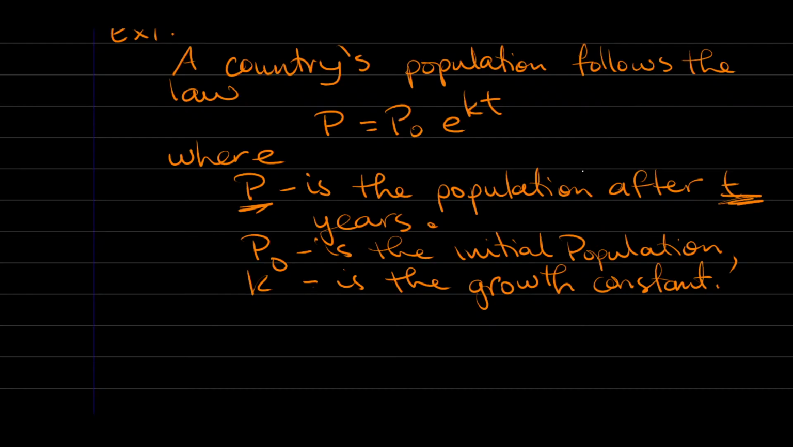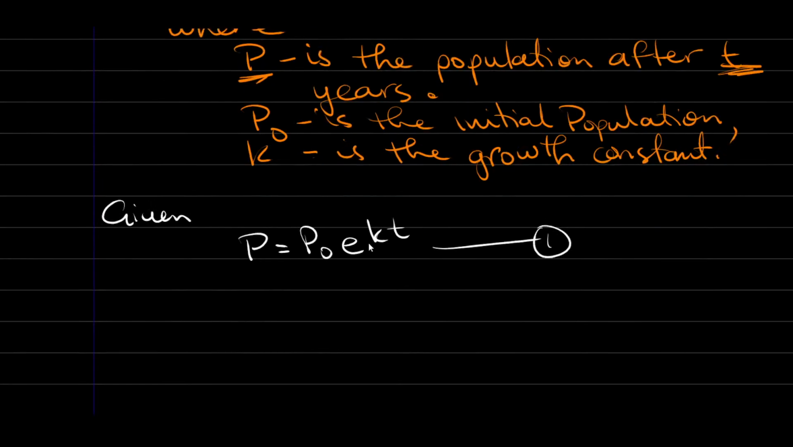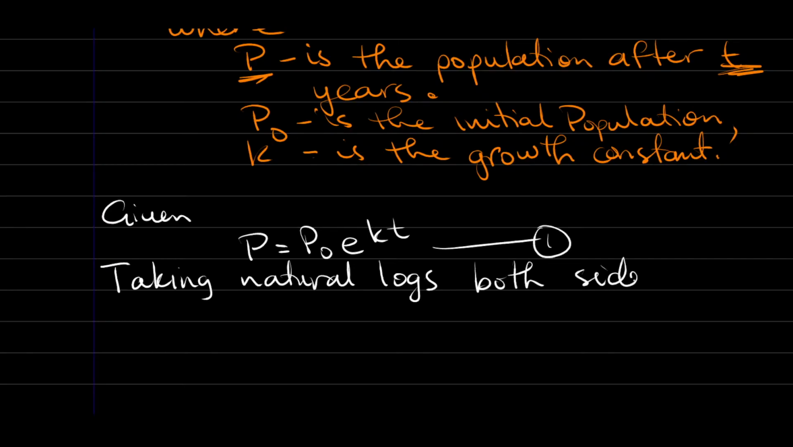So first off, we start off given P equal to P naught e to the kt, and I'll call this equation number 1. What I'm going to do is take natural logs. I'm taking natural logs because look at this. This here is an e. If I take a natural log, I'll get rid of that e. So let's do this. Taking natural logs both sides, 1 becomes